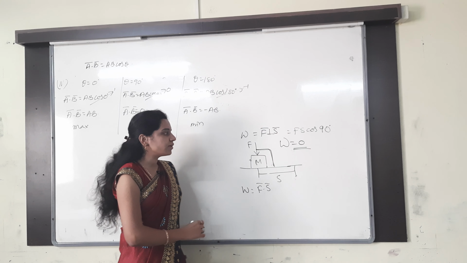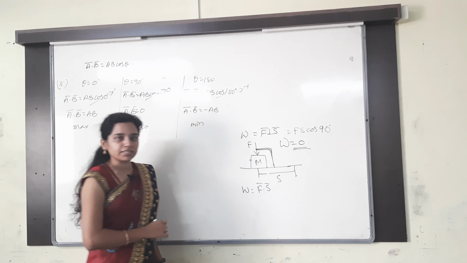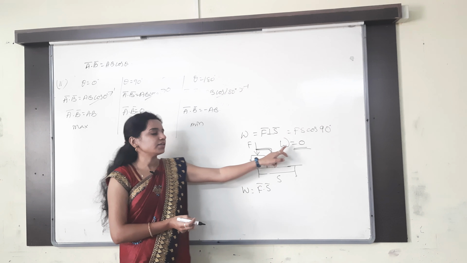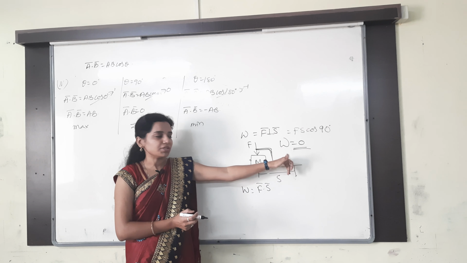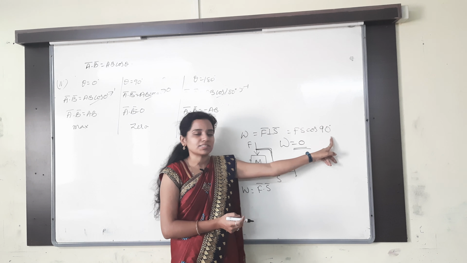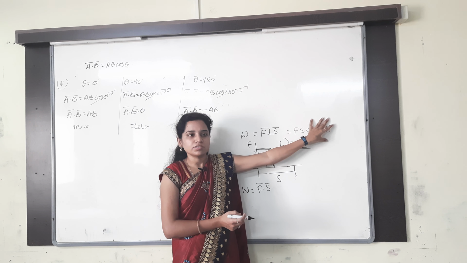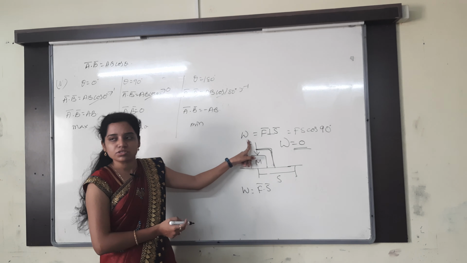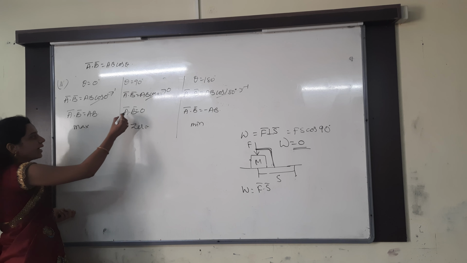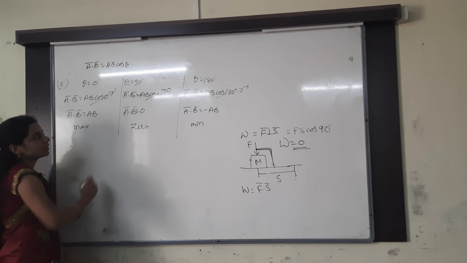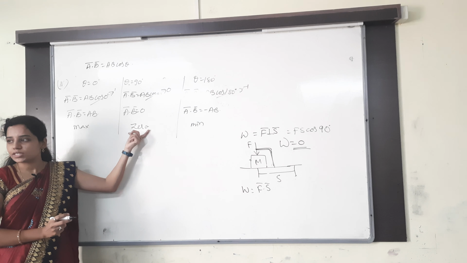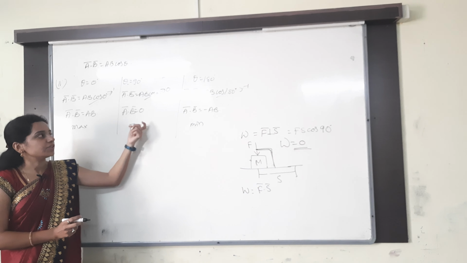So whenever force is acting in downward direction and displacement should be there in the horizontal direction, what is the angle between them? 90 degrees. At 90 degrees angle, what happens? Nothing but the work done is zero. Why is work done zero? Because the dot product will give you how much? Nothing but Fs cos 90. Cos 90 value is 0. So the total work done is zero. So only in the dot product, whenever there is an angle of 90 degrees between A bar and B bar, then what is the result you will get? Zero. Understand clearly?